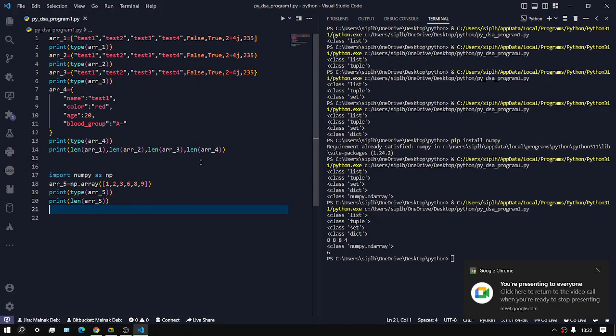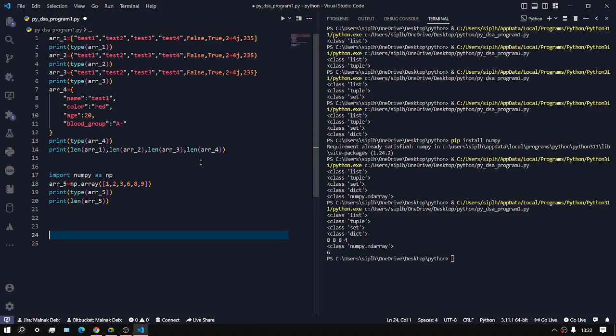If we are defining array 1, array 2, array 3, array 4 and there is a final array 5 which is a numpy array, we can print this entire array group in the for loop segment. How can we print this entire array group in the for loop segment? Now there is a trick for printing the